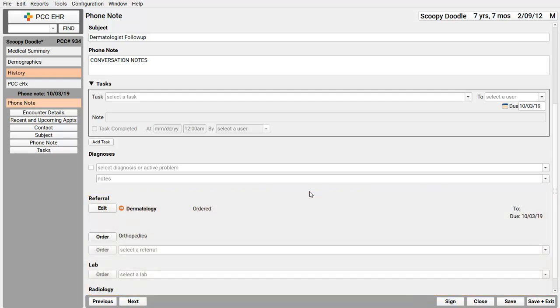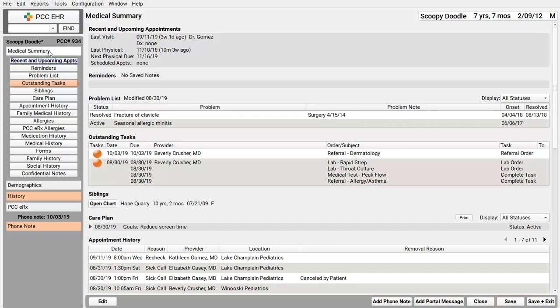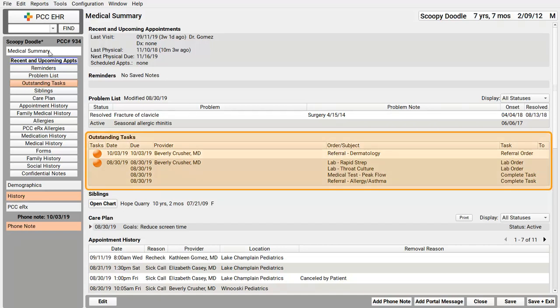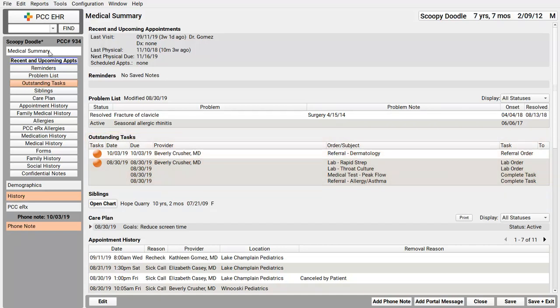Well, I'm just Scoopy Doodle's dad, so I don't know what any of that means. But how can you be sure that these orders will be followed up and completed in this PCC EHR, I think you called it? Every practice has their own workflow for referrals and labs. Just like orders we create during a visit, my practice can track these orders on the Visit Tasks queue. And they'll appear on the Outstanding Tasks component, and so on. They're just like other orders in PCC EHR, but they're on phone note, portal message, or other encounter types, instead